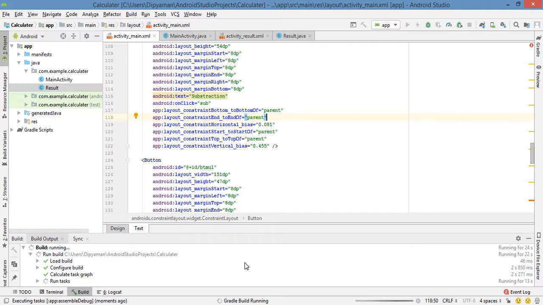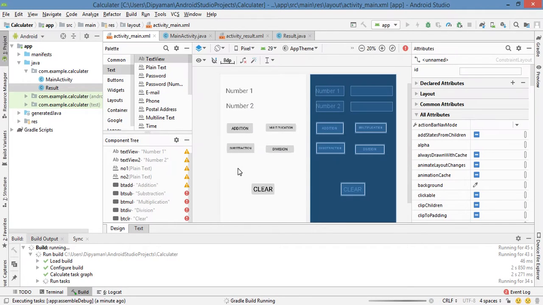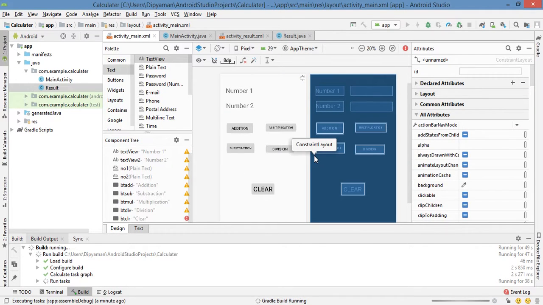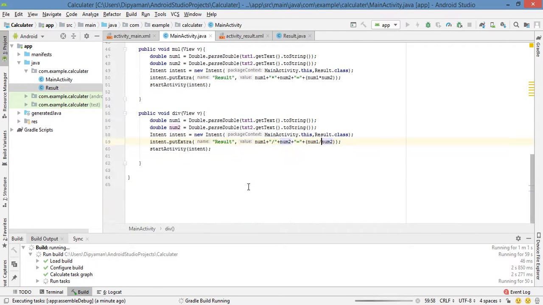Wait a few seconds. It will just show the same design. Only the clear button is showing. Okay, I think it will not run again because I am not creating the